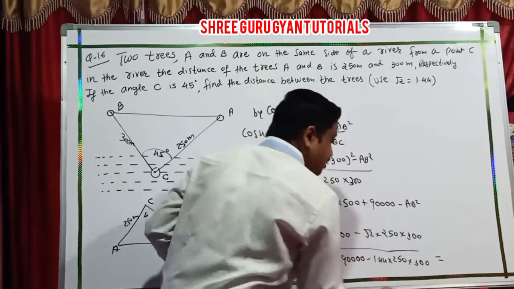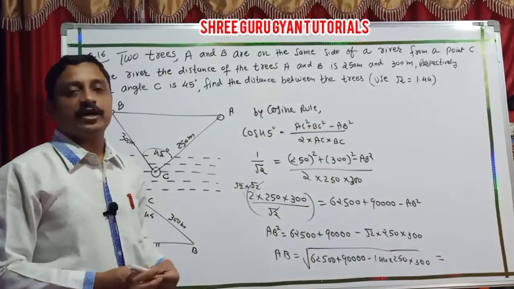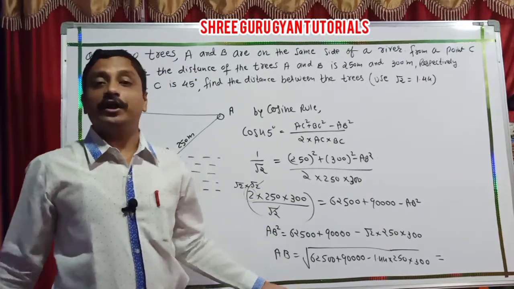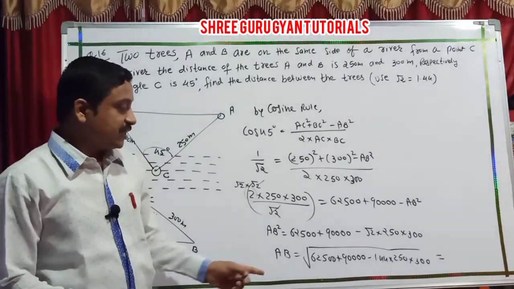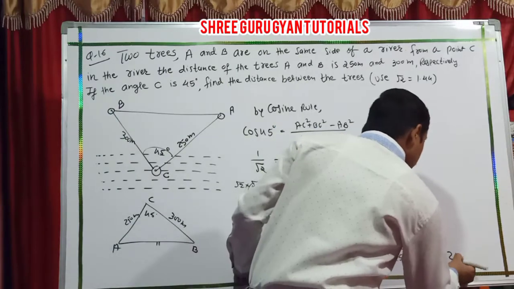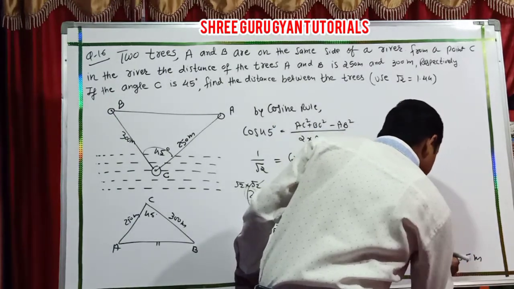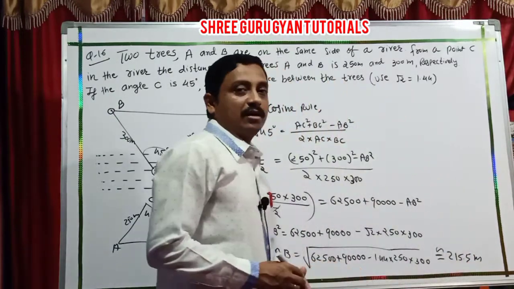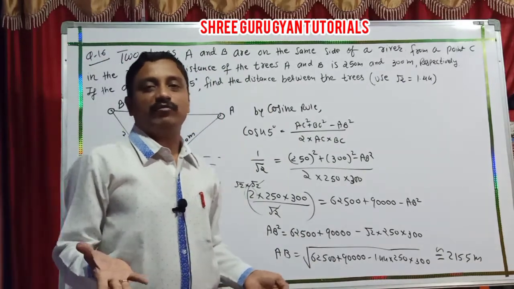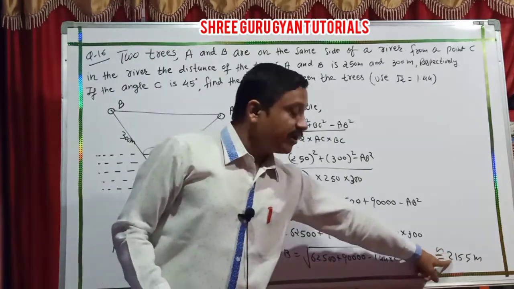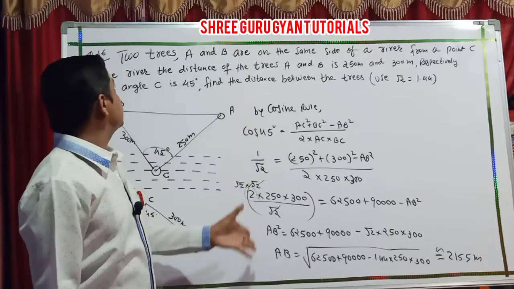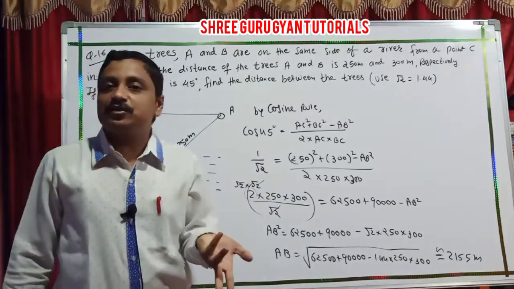And students, this calculation you easily do using your calculator. So the answer is nearest about 215.5 meters. This is approximate, students. Assumptions of 0.5, 0.4, 0.6, don't worry. But 215.5 meters, this numerical is done, students, and this exercise is also done.